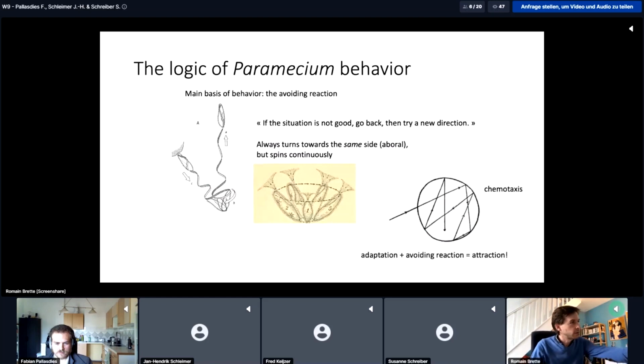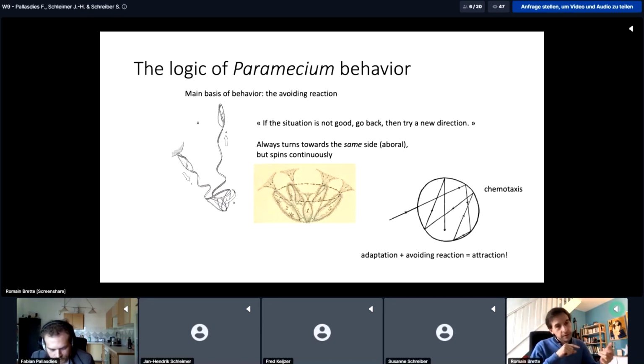So this is also, all of these are drawings extracted from the book of Jennings or some papers from the 19th century that he wrote. And in this one, he shows what happens if you put a little drop of weak acid, and he observes Paramecia gathering inside the drop. So they show chemotaxis. How does that happen?